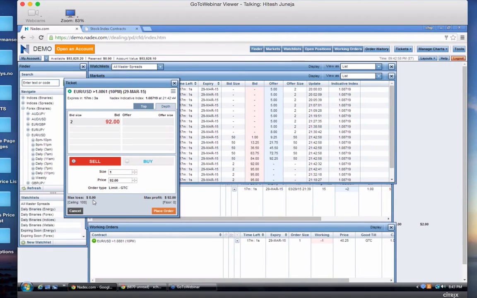Now, imagine a scenario where in the next 17 minutes, a news report is going to come out that will either adversely affect the euro or make the USD stronger. In both of those scenarios, the price of Euro USD will drop dramatically. A drop of 5 pips or so, you can see that happen in less than a minute. That happens at times. So it's critical that you understand that this can be really easily exploited.